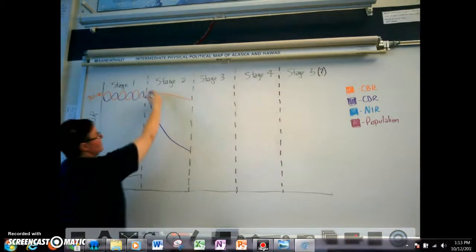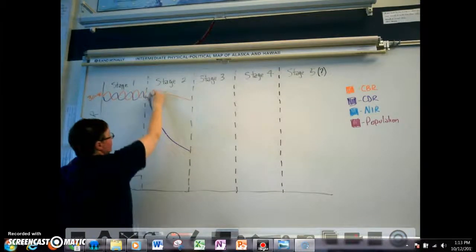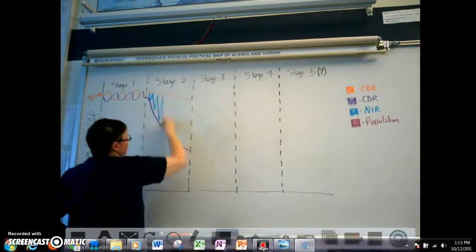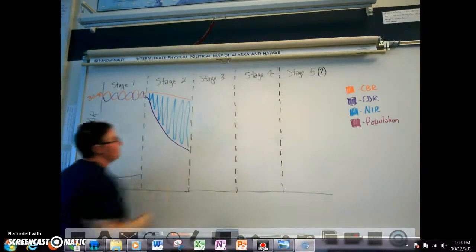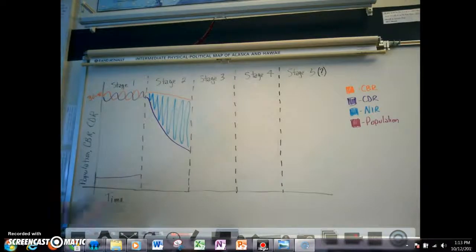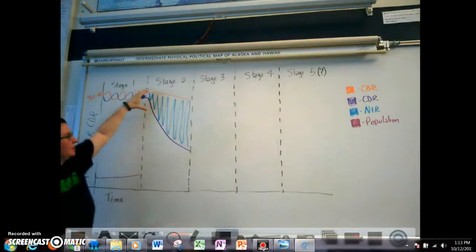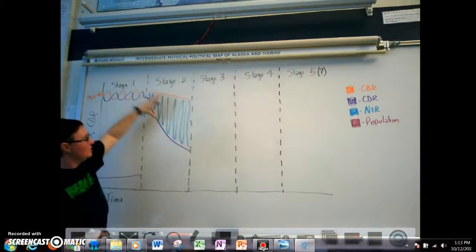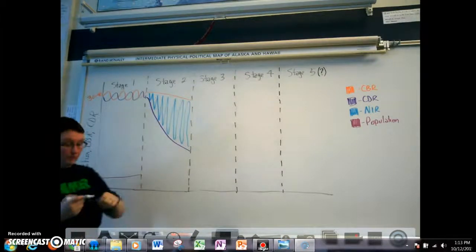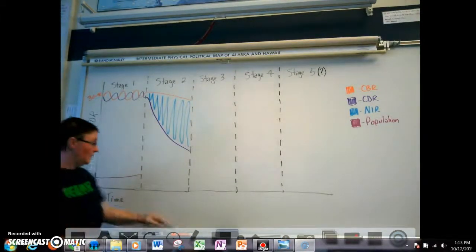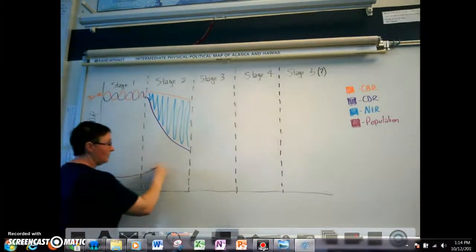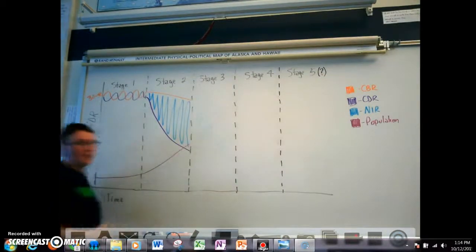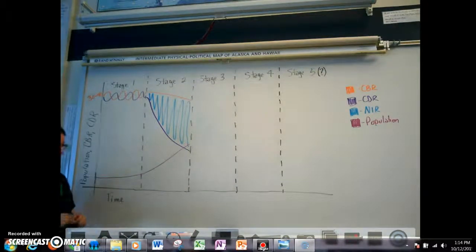And our natural increase here, which is the difference between births and deaths again, okay? What you should be able to see is that this is a fairly dramatic difference, okay? Especially towards the beginning, it's super low. Towards the end of stage 2, it's really very high. And the result, in terms of our population numbers, is that our population numbers are through the roof. They're going up and going up quickly.